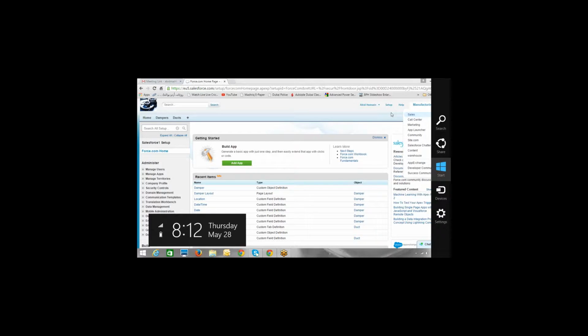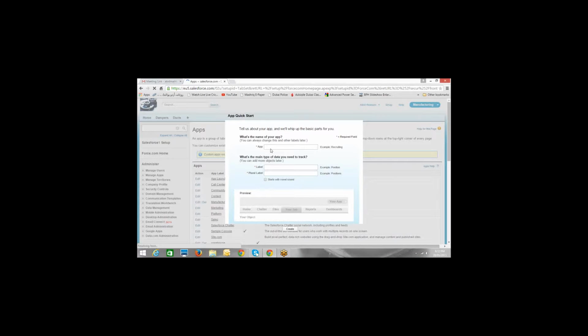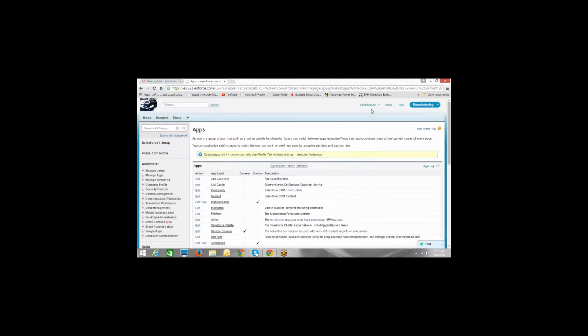Okay. So first thing, create an app, call it project management app. Okay. So let's quickly create an app. You should go from the setup menu, cancel it, close it, go from the setup menu, because that's a better way of creating it. Yeah, there is a quick fix to that, but I would suggest you go from the setup menu.